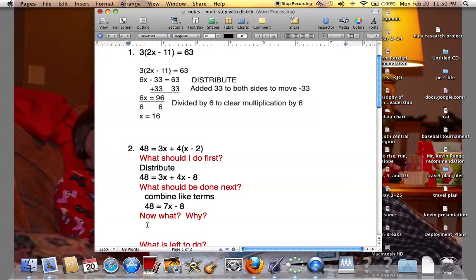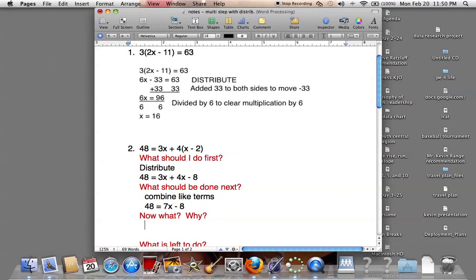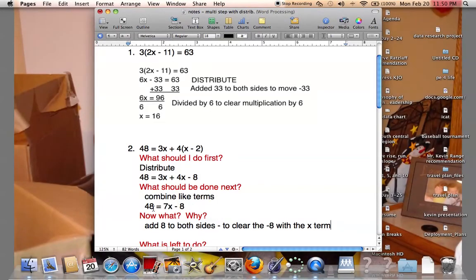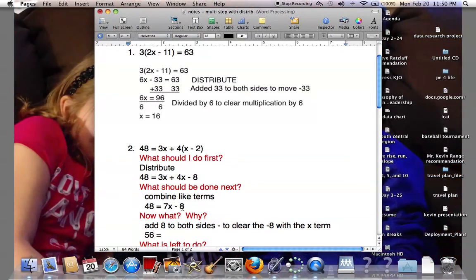And now I'm at the point where we've been working all week, where we have 2 steps left. We're going to clear addition and subtraction first. So now what? That would be to add 8 to both sides. Why? To clear the minus 8 with the x term. If I add 8 to both sides, 48 plus 8 is 56. And when I add 8 over here, it takes my minus 8 away,